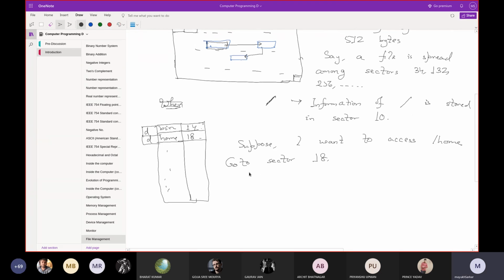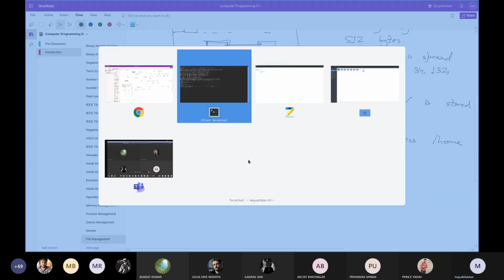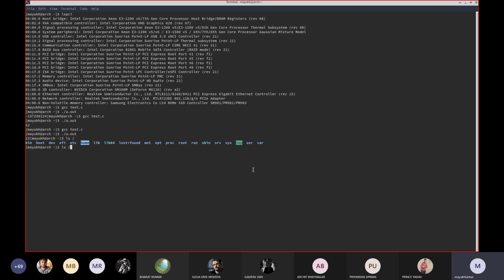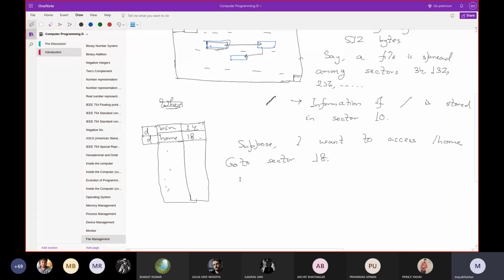Right now, in the sector 18, again, what is inside home? Only these two directories are written here. So again, it is just an index. Lost+found maybe is at some sector, say 132, and the user directory maybe is at say 136.